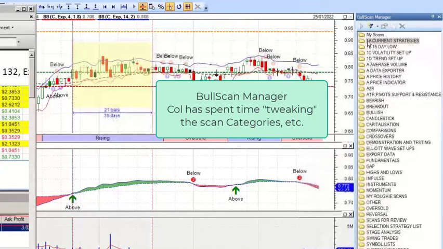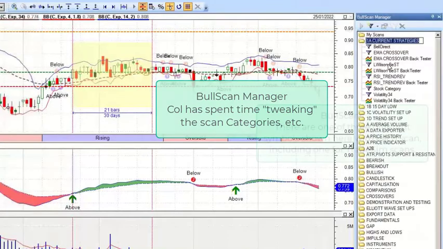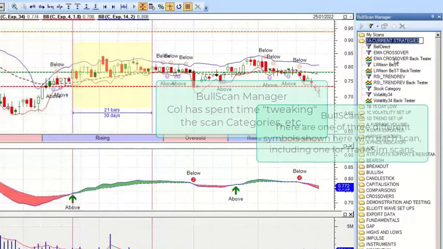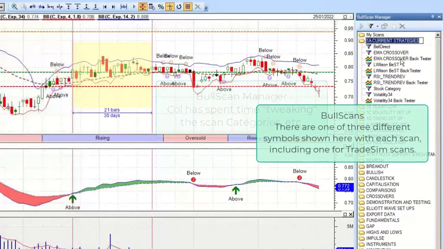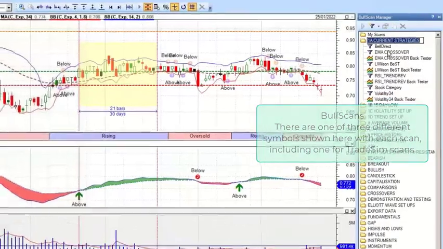So I'll just open this one here first, and you can see I use TradeSim backtesting a lot. I name these the same and have the scan that I will run, and below that we have the backtesting. So it's all nicely packaged.